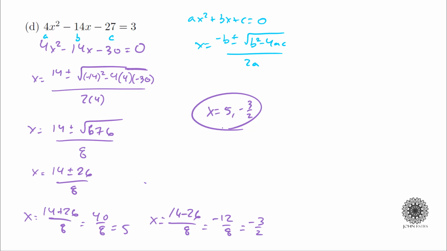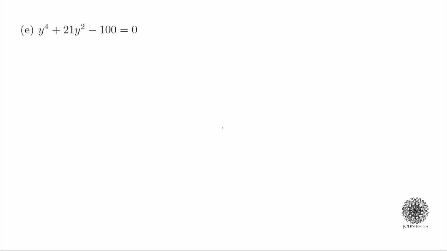Okay, moving on to part E. I have y to the 4th power plus 21y squared minus 100 equals 0. Now this is a 4th order polynomial, which can sometimes be very difficult. This one's actually not. So anytime that you have this pattern,